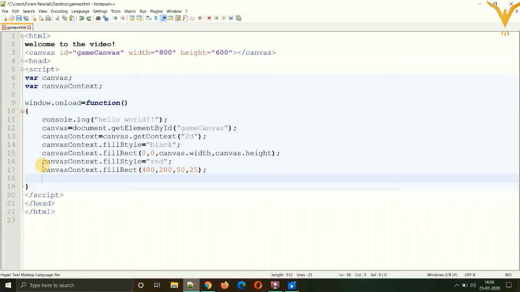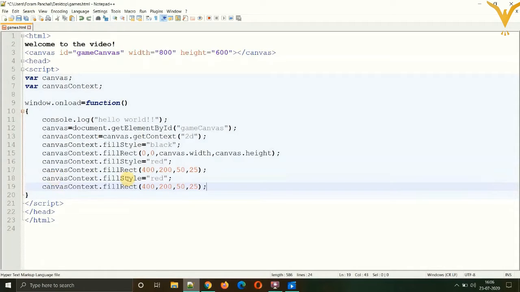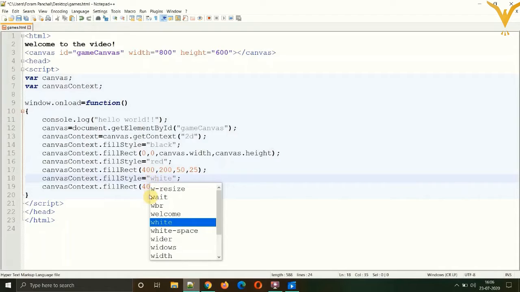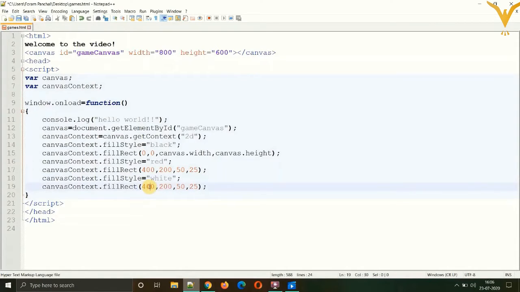For that we need to create one more rectangle using the same code. Just copy that code, paste it once again, change the color red to white so it's apparently visible. Now let's change the x coordinate to 225 so it will start after the red one, the y coordinate to 210, and let the width and the height be 200 by 200.